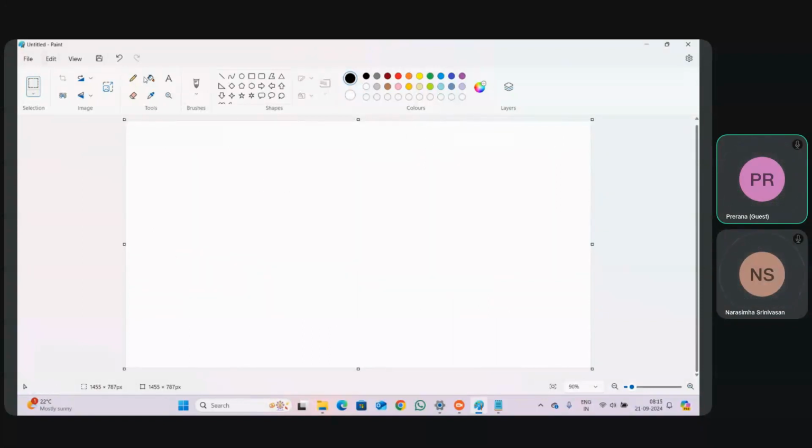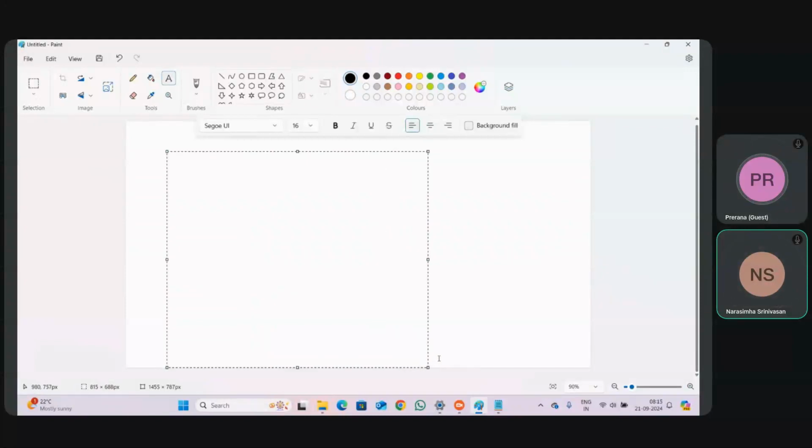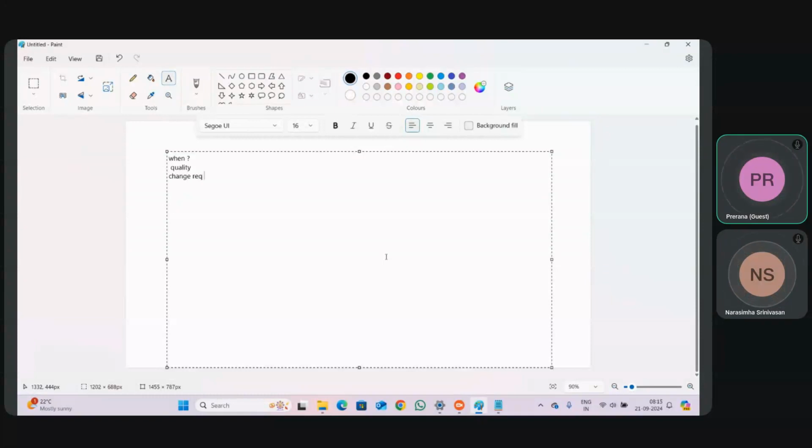So when can we go for this V and B model? Sir, basically any software application like Facebook, Amazon, any application, if they want full quality software, very good quality software, they need to go for the V&V model. If the customer wants to change the requirement now and then, he can go for the V&V model.